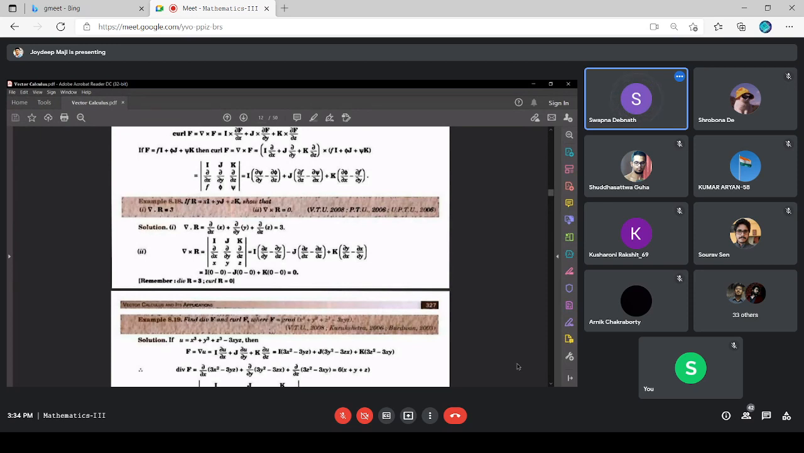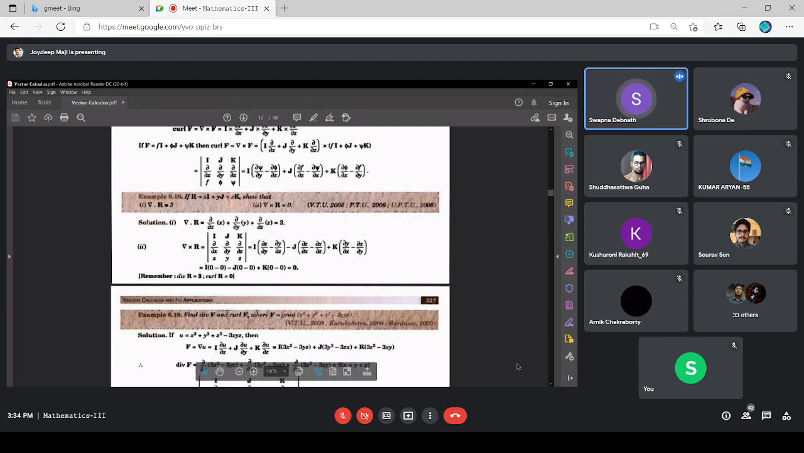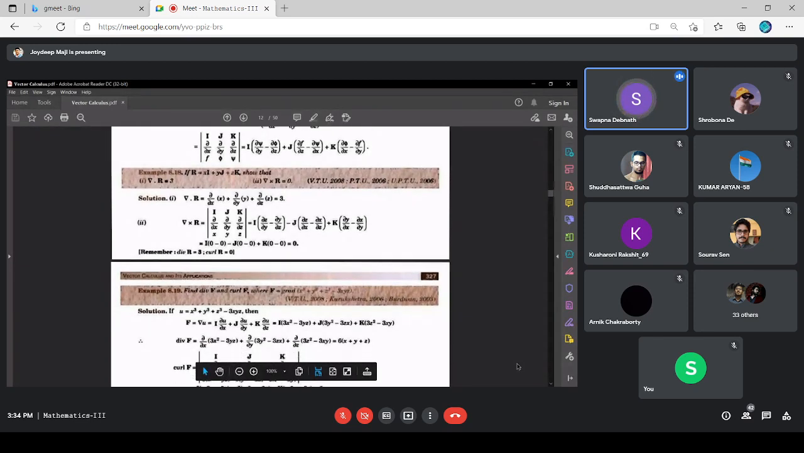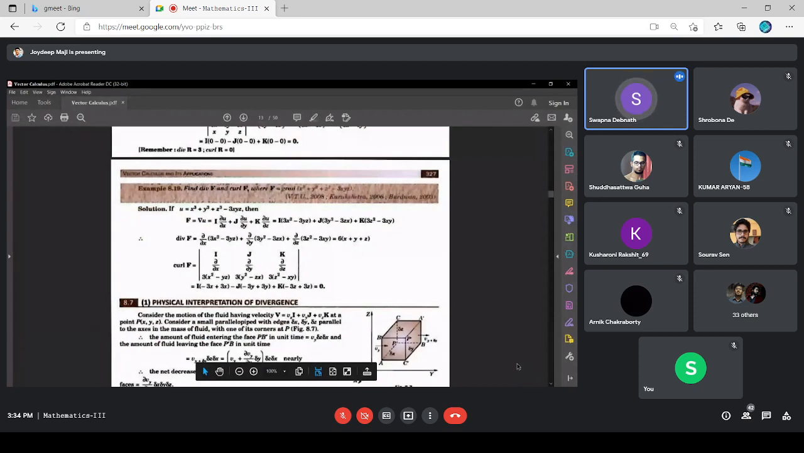Similarly, see, the next problem, example 8.19. Here f is given as, see, this is a complicated function. f is given as gradient of x cube